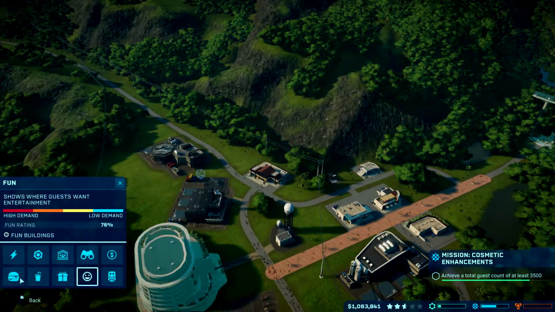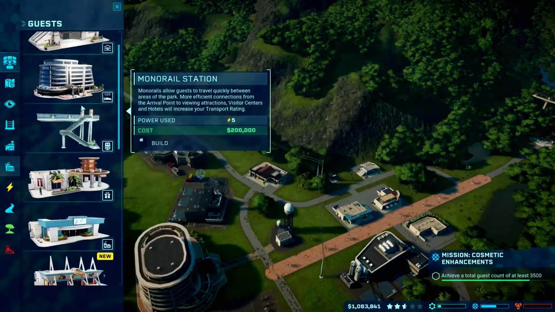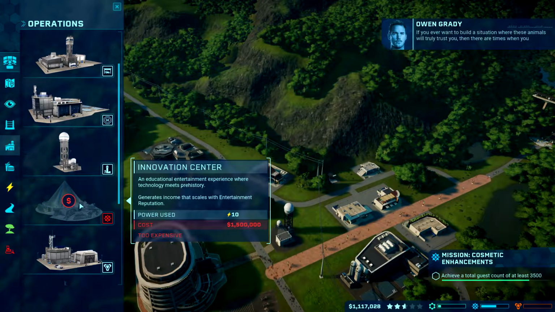And what's our power boost? 22? I think we can afford the Innovation Center. 1.5 million, almost. Because once we get that Innovation Center in there, we can really start